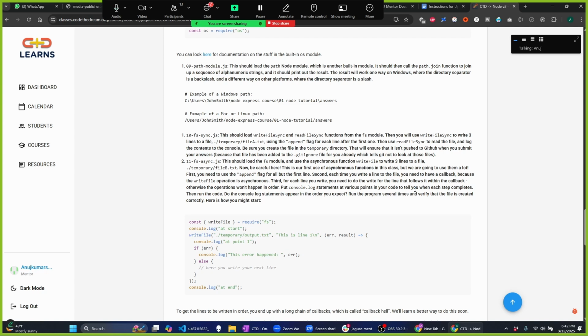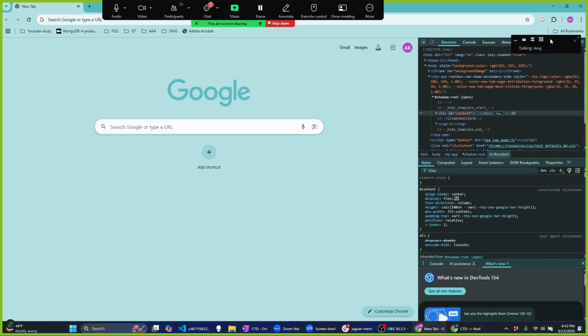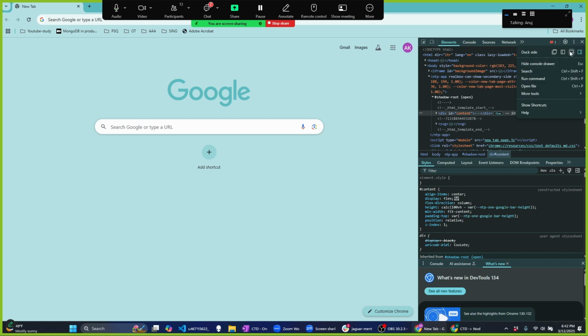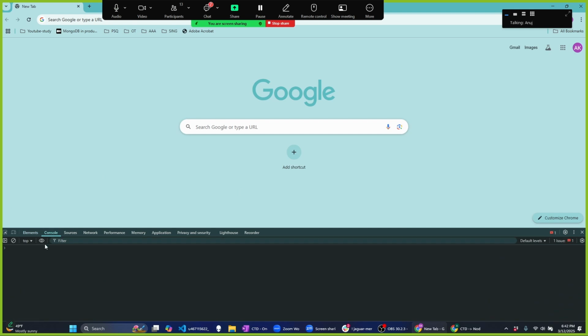Well, Node.js is something that runs on JavaScript, and if you have played with any kind of browsers, you have access to a JavaScript compiler. Not Node.js, but a JavaScript compiler. What do I mean by that? If you go to the console, you can write any JavaScript code and execute it. So for example, I could